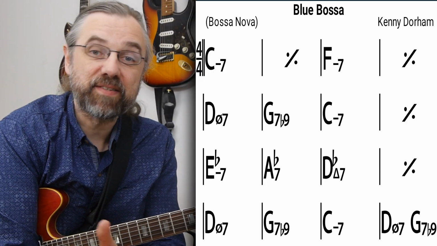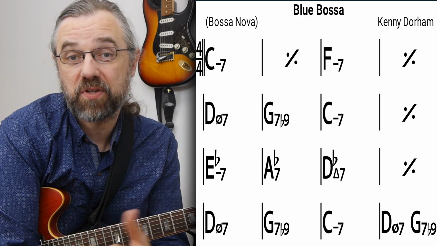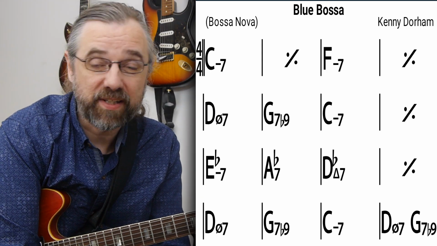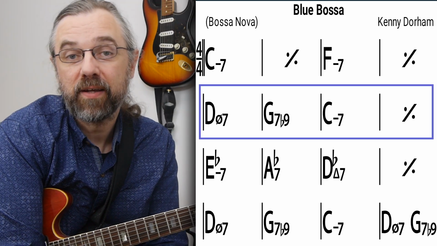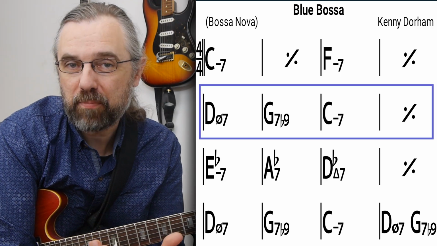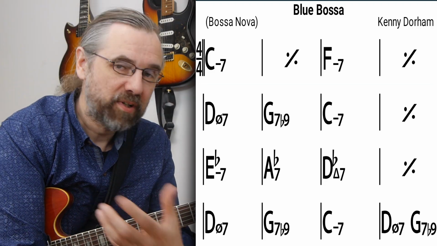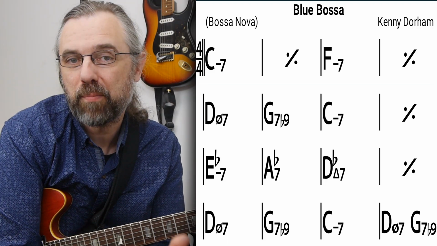Blue Bossa is a song that you want to have in your repertoire because it's very common. Everybody knows Blue Bossa, so that's really useful for a song if you're jamming a lot with other people. It's also a great place to start if you want to check out some really basic minor chord progressions. The song is usually played in C minor, and it's just great to have some really basic examples in a not too fast tempo of a minor cadence, so that you can get really good at getting used to playing harmonic minor on the dominant and just really checking out what it is to play in a minor key.